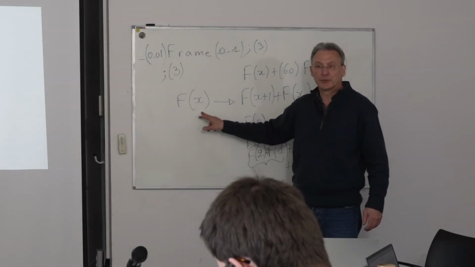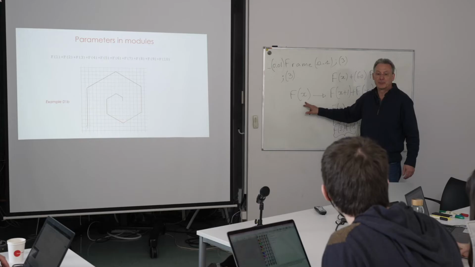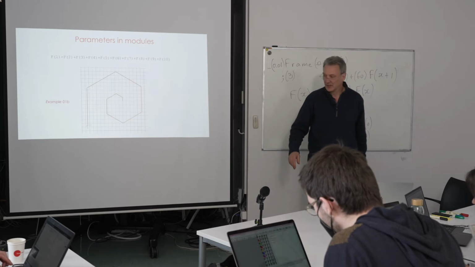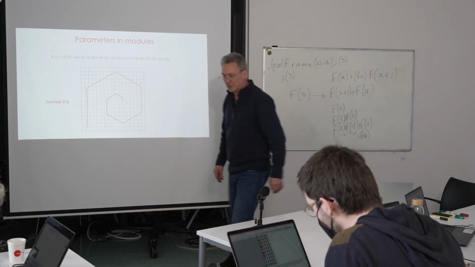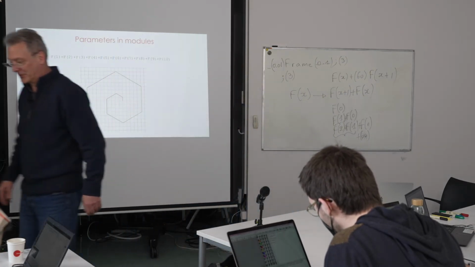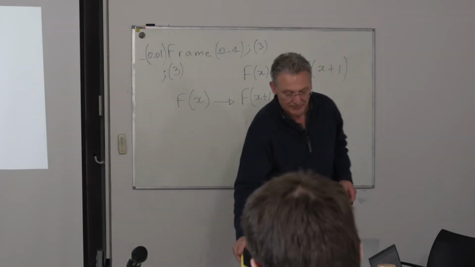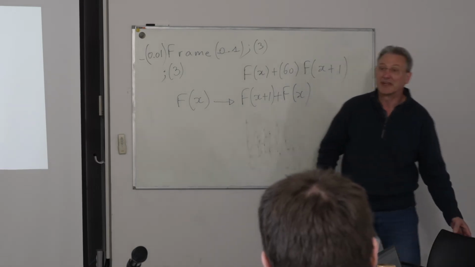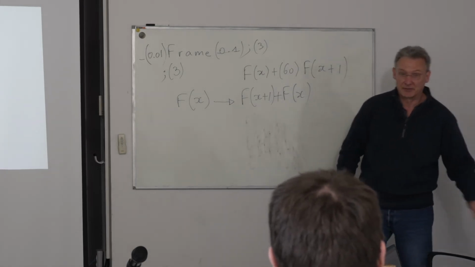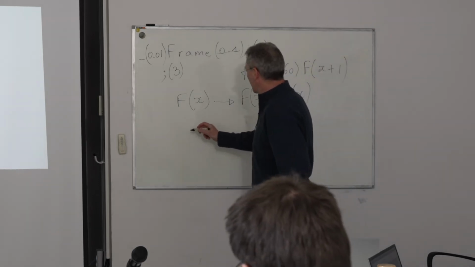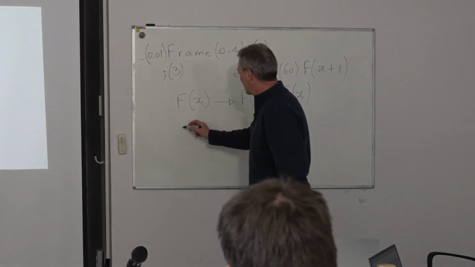You need to go in the production rule, in the production part, not in the axiom. Exactly, f of 0 doesn't stay f of 0 because it becomes f of 1, f of 0. So in order to write this properly, you need to write